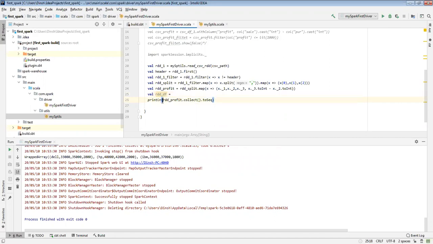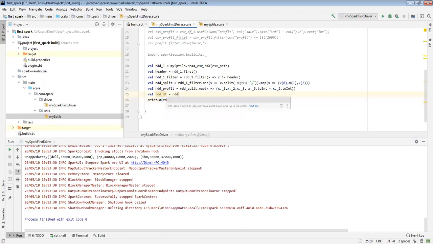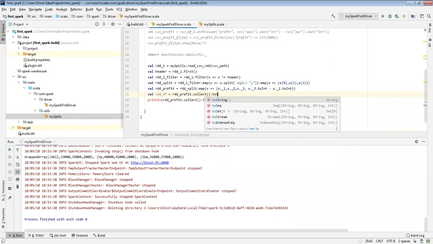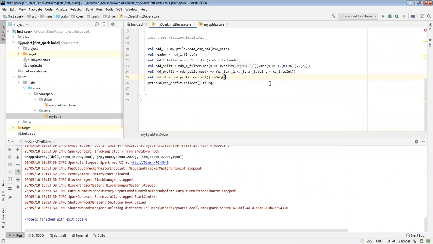Here I want to do it this way: rdd_profit.collect.toSeq.